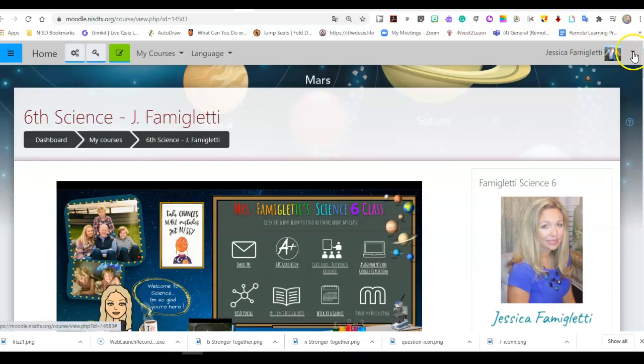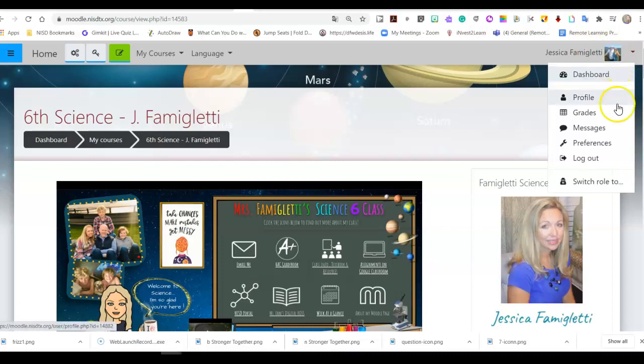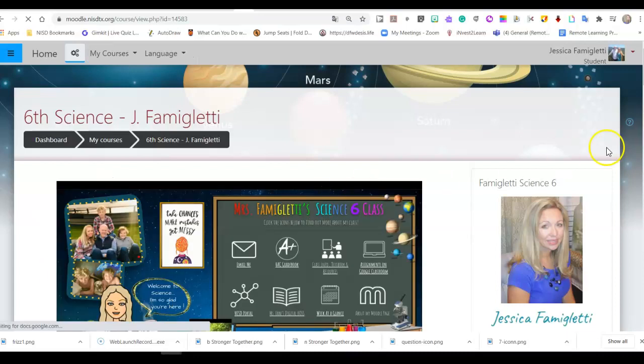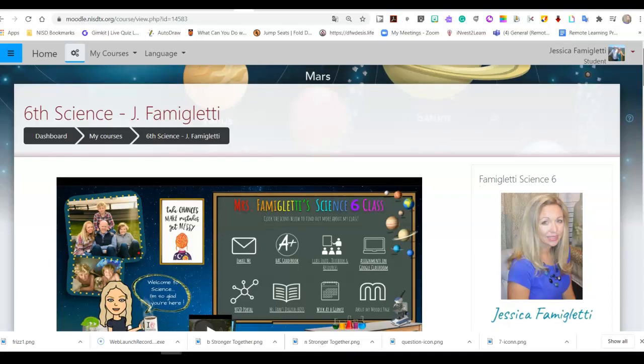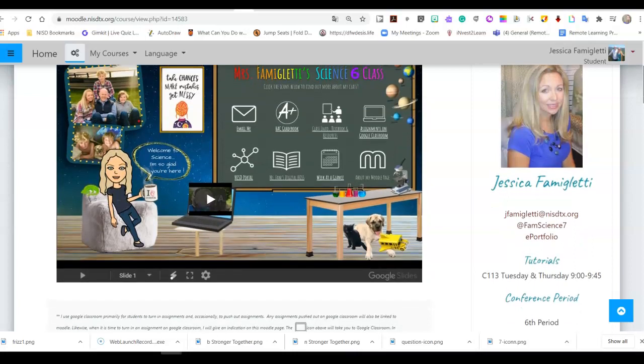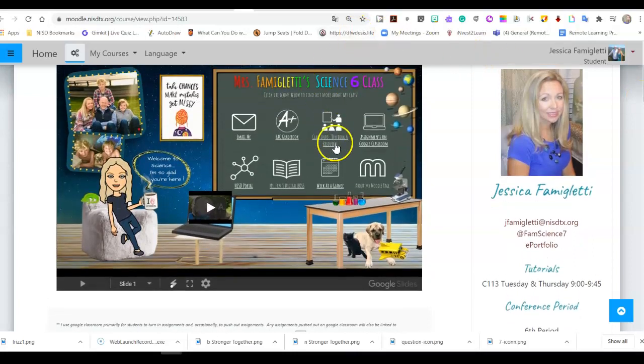So I'm going to go ahead and switch my view from teacher view to student view. These are the things that you would see if you are an enrolled student, okay? And I'll show you some differences on what you would see if you weren't enrolled, okay? So once you're enrolled, I'm going to take you around and show you some of the things that you might need. This is some general class information. We're going to go over that